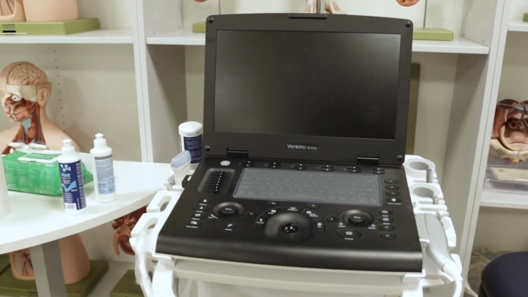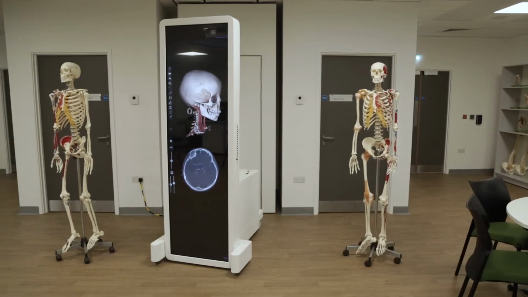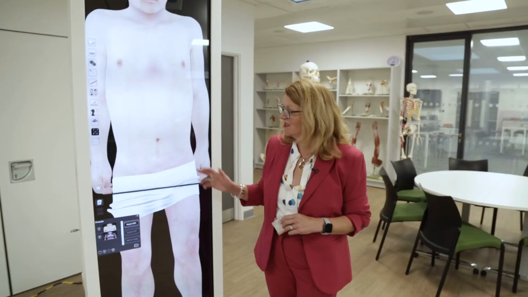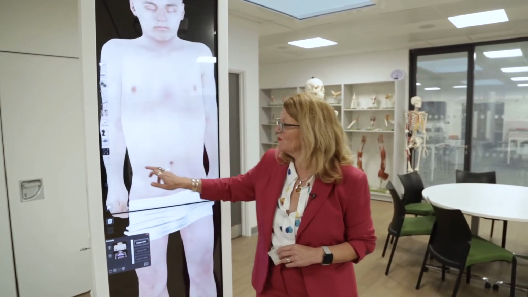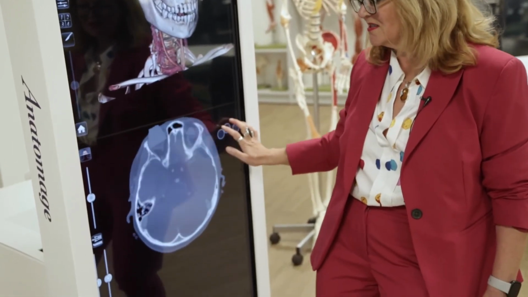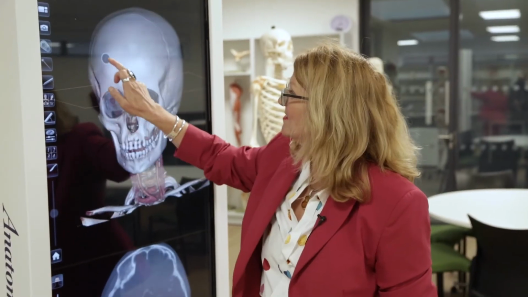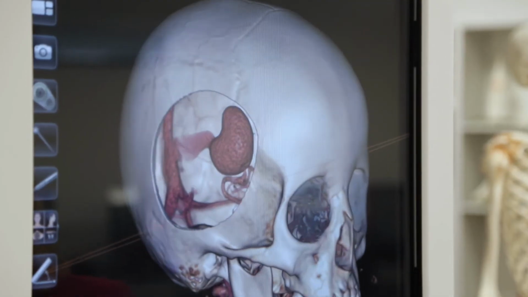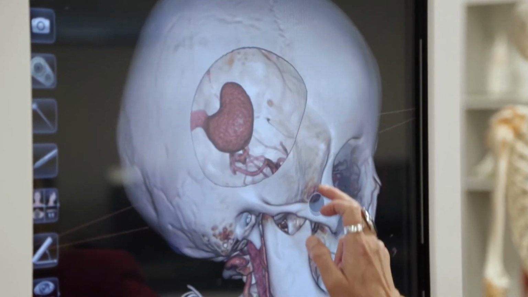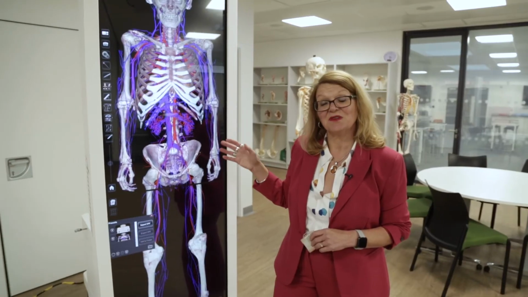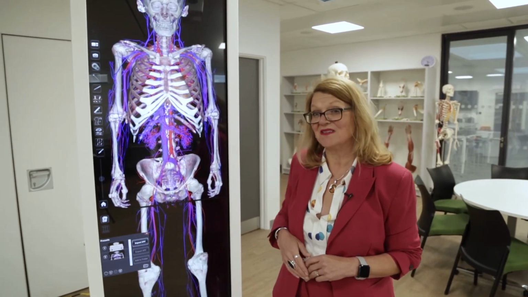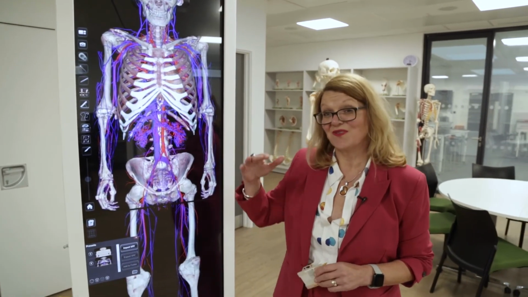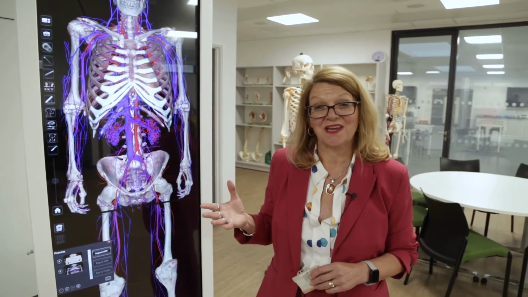Over here we can see our Anatomage table. It's a digital dissection tool. It's touchscreen operated, and we use it in a number of ways. One of the ways we use it is to create digital dissections like this. You can dissect the anatomy, and you can also construct the anatomy, which is an interesting way to teach anatomy, to build something up from the basic building blocks first, rather than dissect down from a more complicated structure to a more simple one.